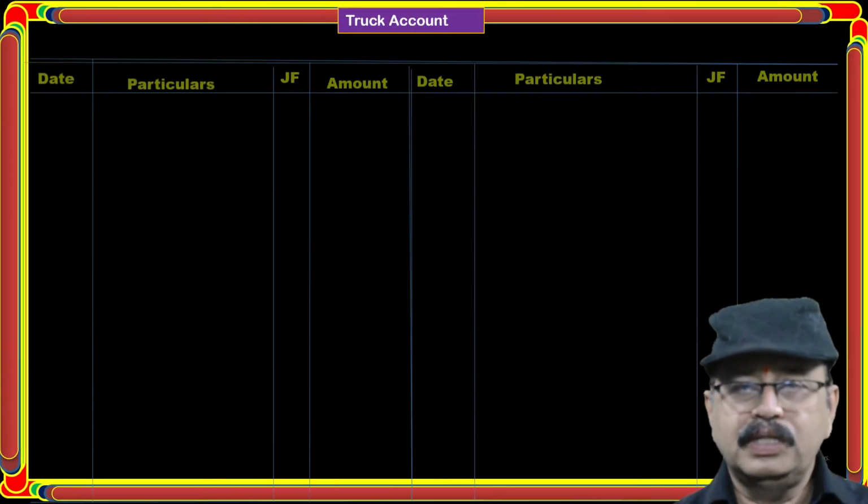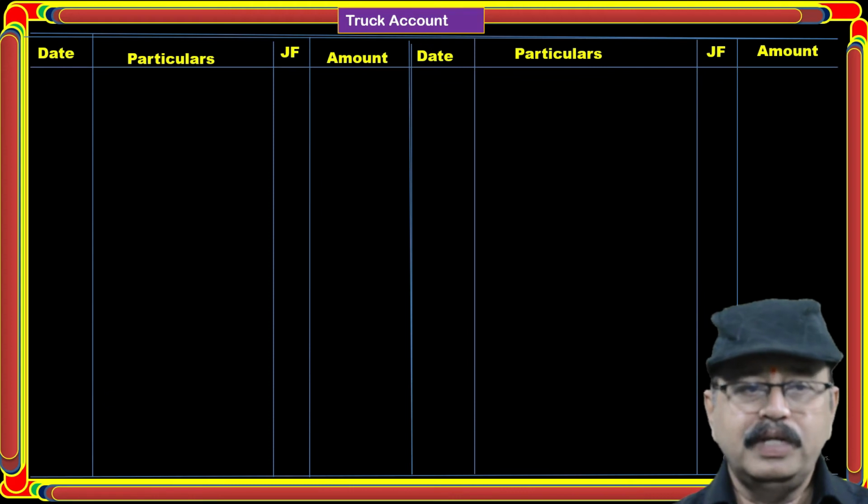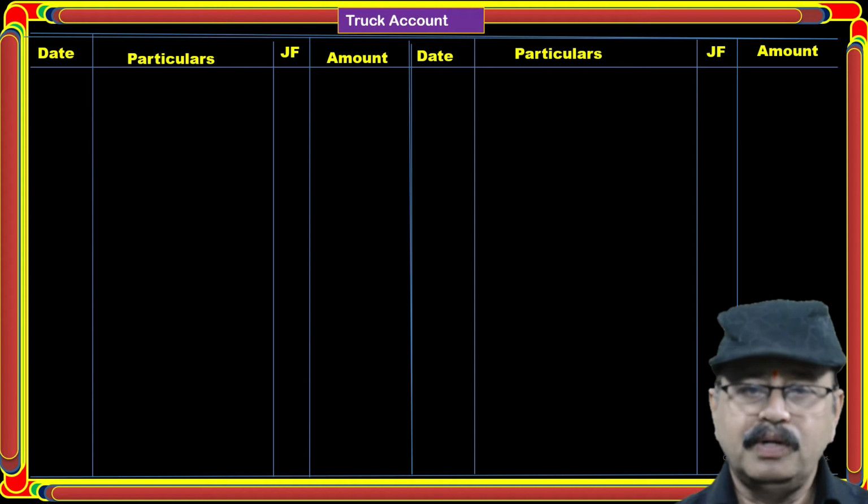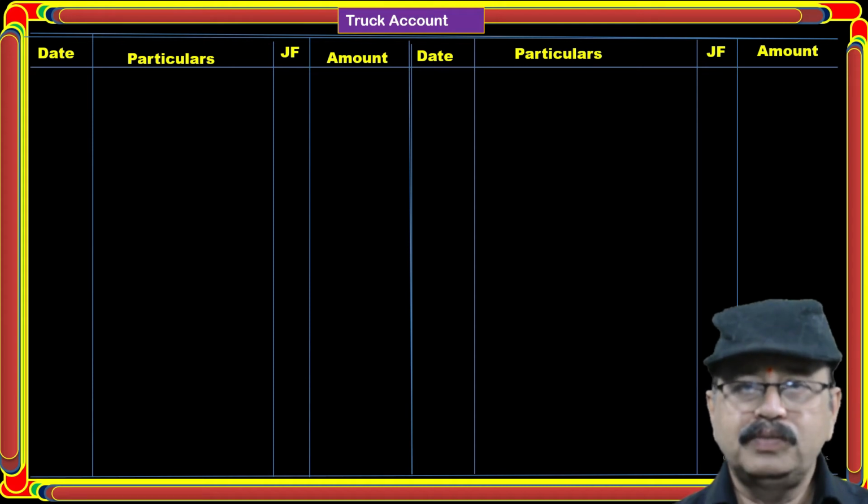So first, to draw the truck account, the ledger account. Date, particulars, JF number, and amount on both sides. This is the format of the truck account. In the truck account, first we should write on the debit side: we bought the first machine on 2017 October